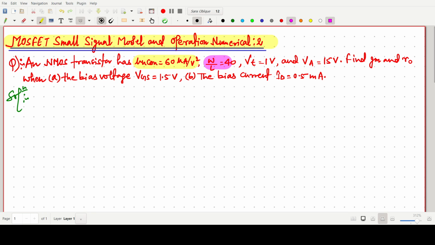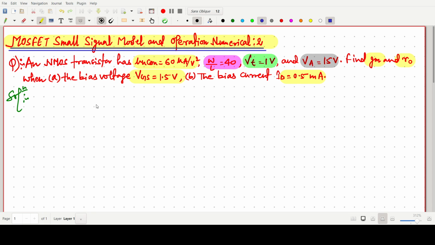W by L, the aspect ratio, is given. Threshold voltage is given. Also, the VA, the process transconductance parameter, is also given. So we have to find the transconductance and the finite output resistance, for the given bias voltage 1.5 volt, and for the bias current we have to find out. Okay, so before that,